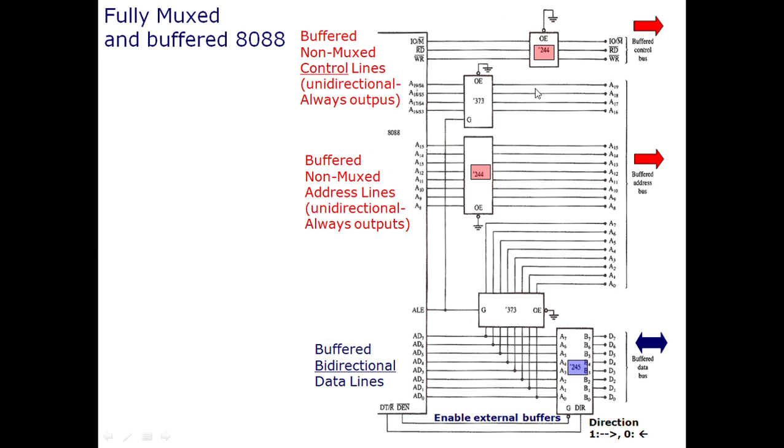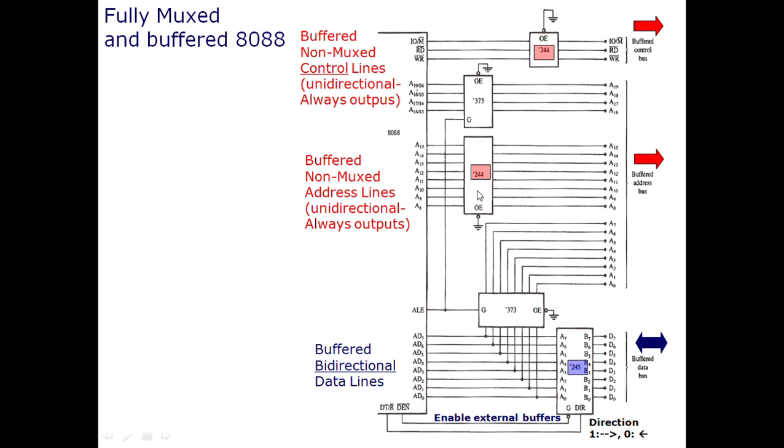The signals are also stable due to these latches. But the pins which are not multiplexed, for example, these control signal pins, were not demultiplexed using the latches. Similarly, these pins in the 8088 microprocessor were not multiplexed with data, so they were not demultiplexed. But these pins must be buffered using